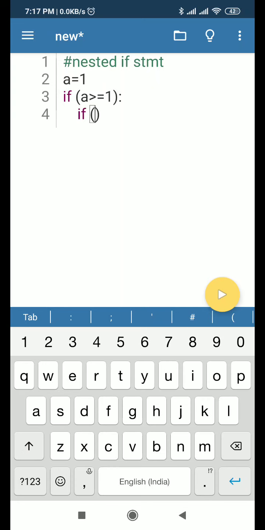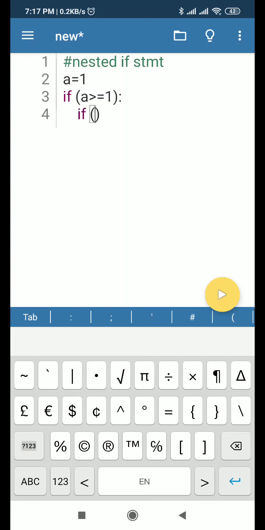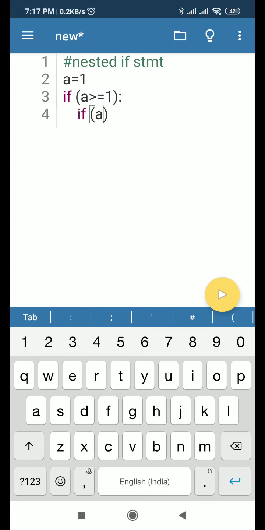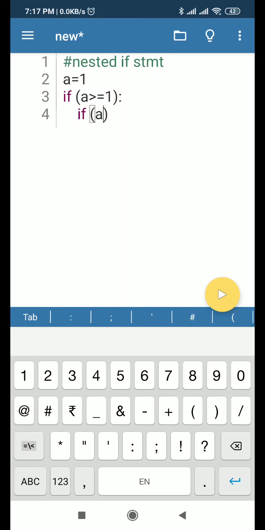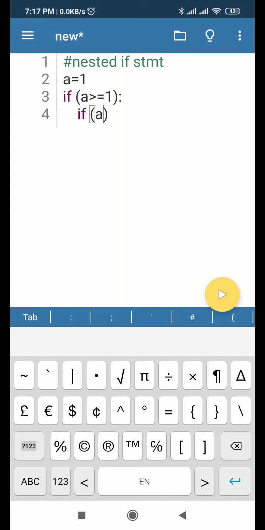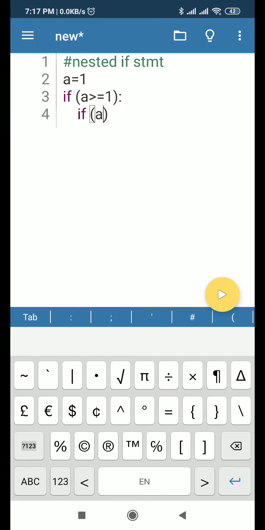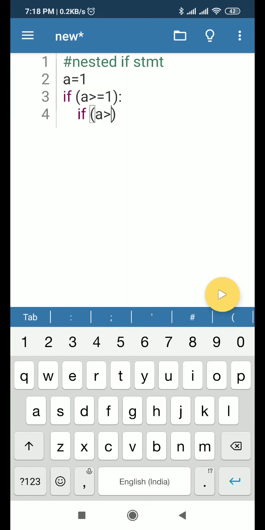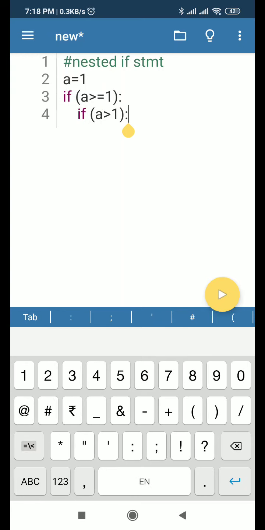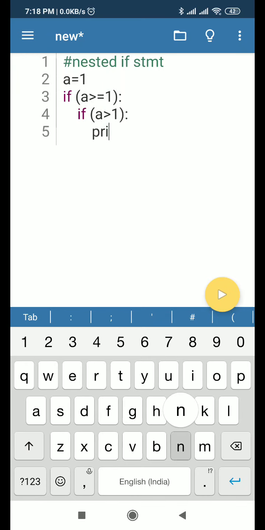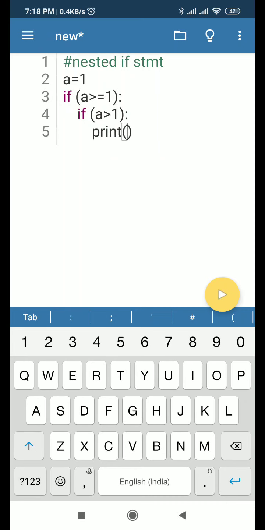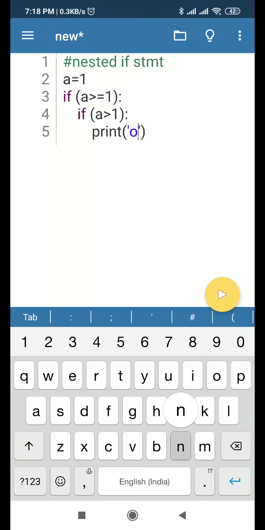So here I am writing if a greater than 1, print one.